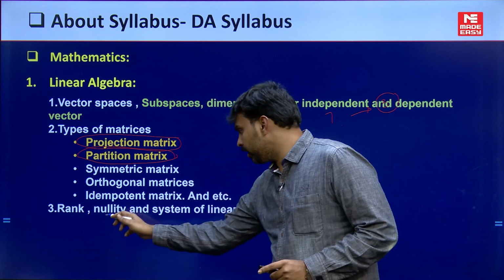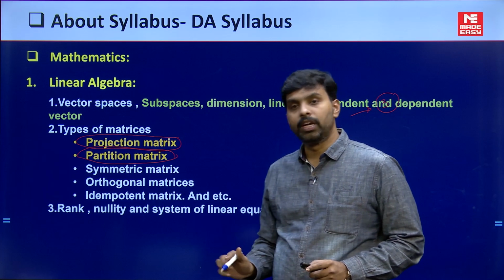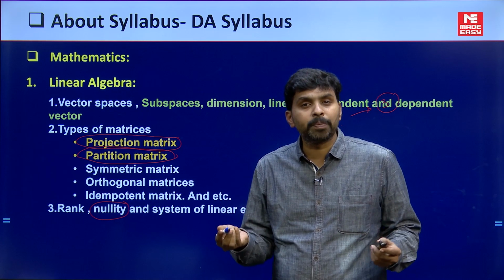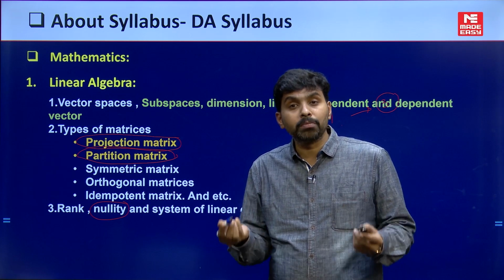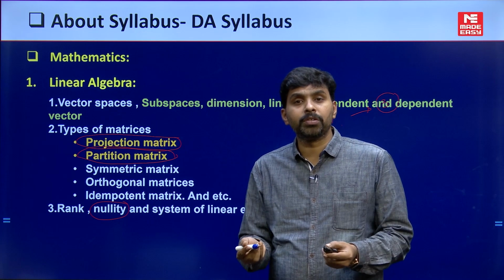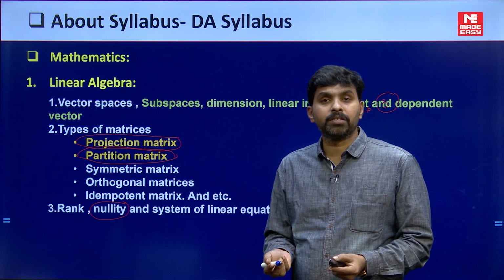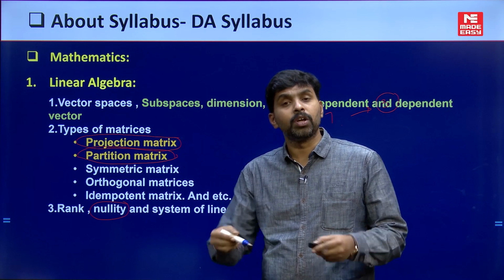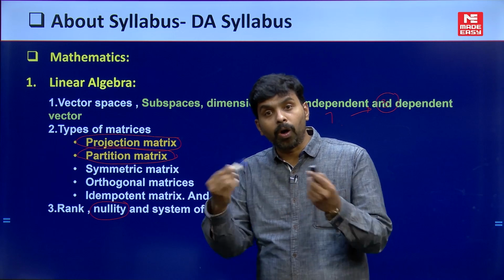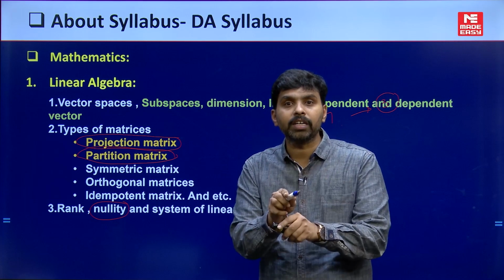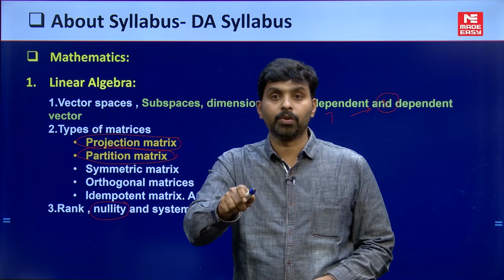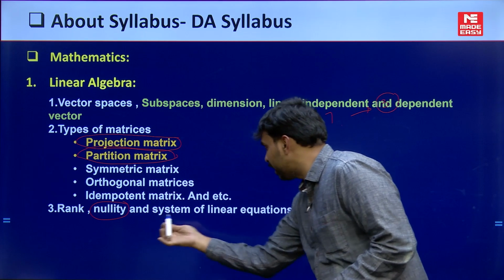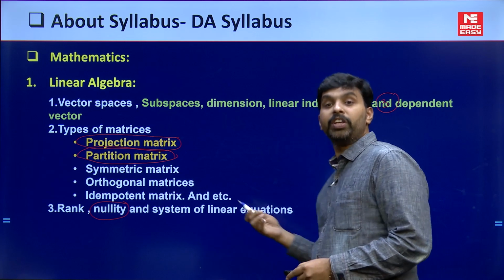So here, rank, nullity and the system of linear equations. In this there is the concept of nullity. We will have null spaces, row space, column space, orthogonal dimensions, okay. So orthogonal subspaces, orthogonal complements, and what is the interrelation between the null space, row space and column space. All those things you need to understand. Questions will be asked based on that, and those questions can relate to most of the system of linear equations questions.